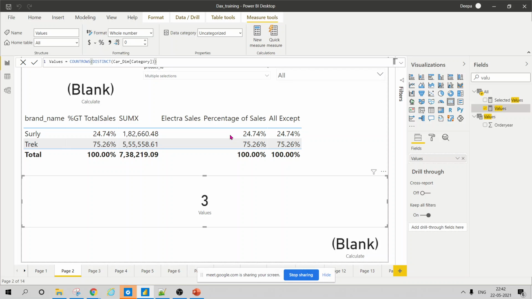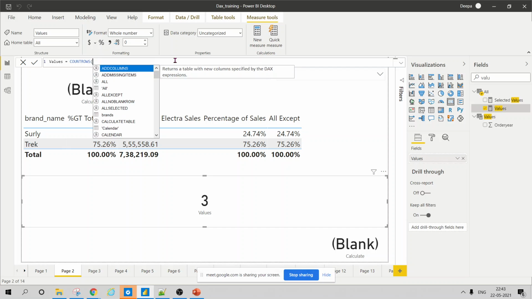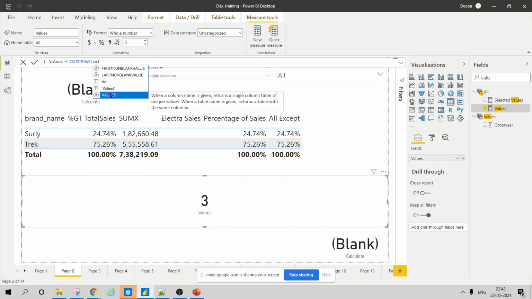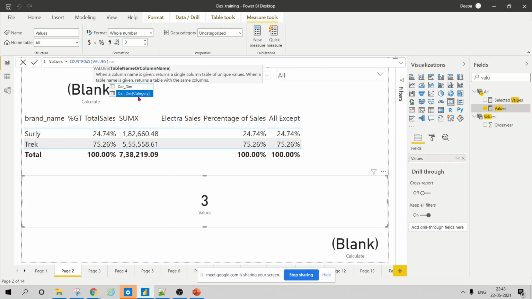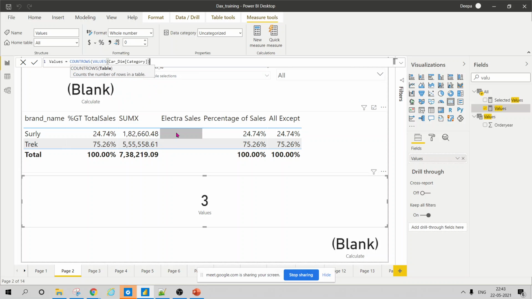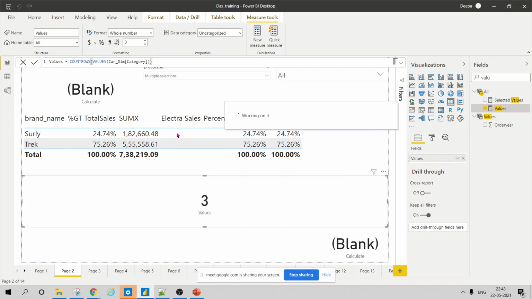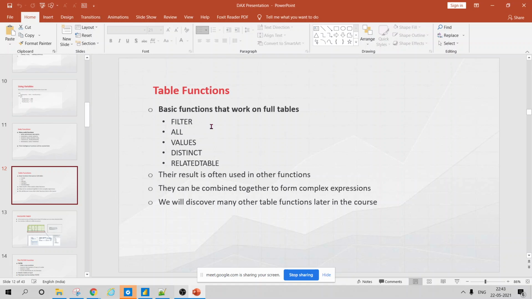Because the DISTINCT function is removing your blank value, while your VALUES function was also considering the blank value as one unique row, and that's why you were getting 4 for that. So now we have covered VALUES, FILTER, and all distinct related functions.